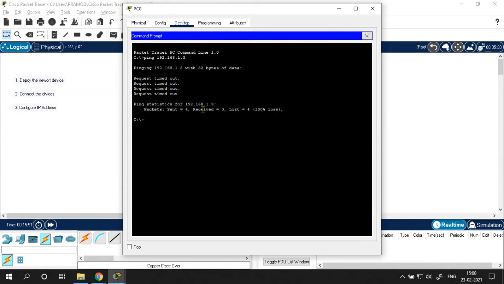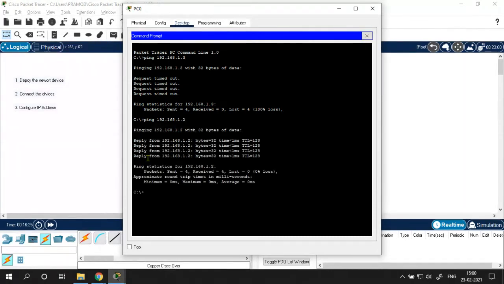It tries to check the reachability of the host by sending 4 packets. So you can see the ping statistics. The total number of packets sent 4, received 0, lost 4. So there is 100% loss of packets. It means there is no connectivity. This IP address 192.168.1.3 is not reachable. Actually that doesn't exist. So let me check another IP, that is 2.